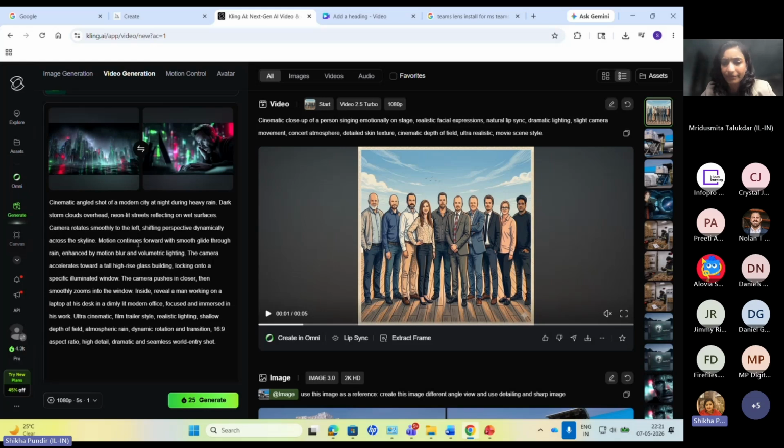Motion continues forward with a smooth glide through rain, enhanced by motion blur and volumetric lighting. The camera accelerates towards the tall high rise glass building, locking onto a specific illuminated window, because I specifically want to show that particular man, the camera going from outside towards the window and showing the inside scene. That's why I've specifically mentioned it in the prompt.